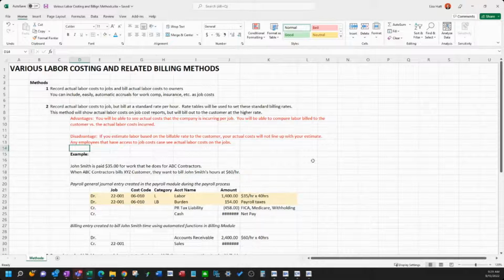So this would be a time and material or a cost plus type of job scenario. Okay, so for Sage 300, it really doesn't work too well with progress billing or AIA billings. So this is more of a time and material cost plus scenario. So you're going to still process payroll like you would in method 1. You're still going to push all the costs through to the job.